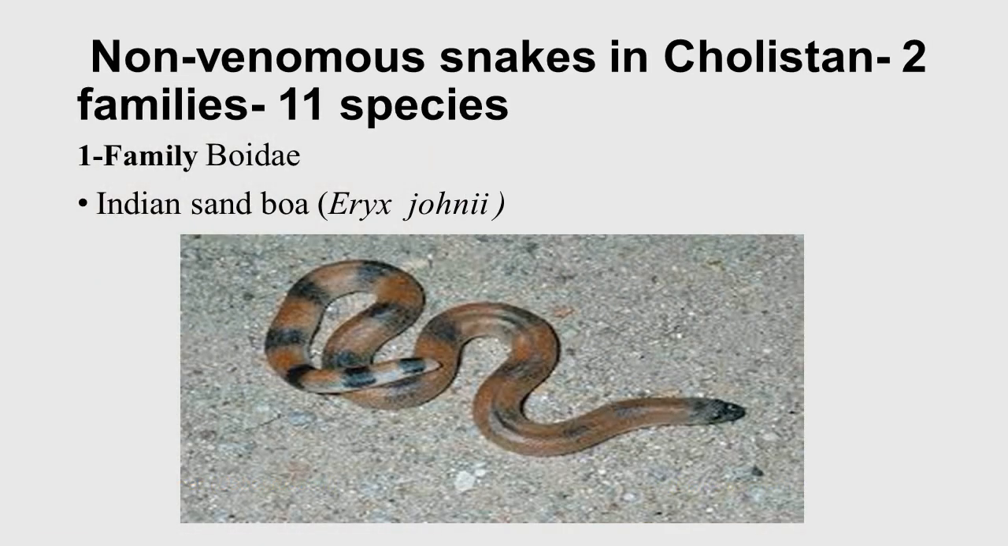Non-venomous snakes in Cholistan: two families and 11 species are found in Cholistan. The first family is the Boidae, including the Indian sand boa, also called the double-headed